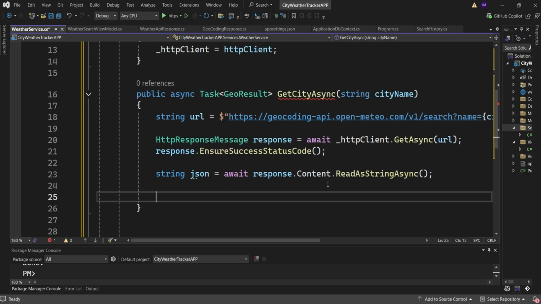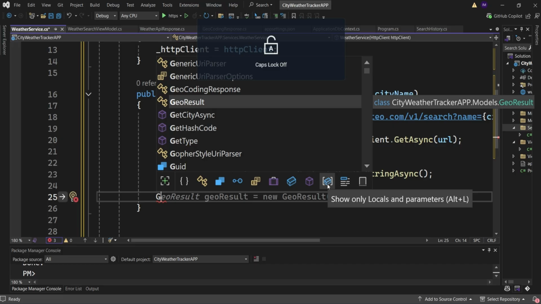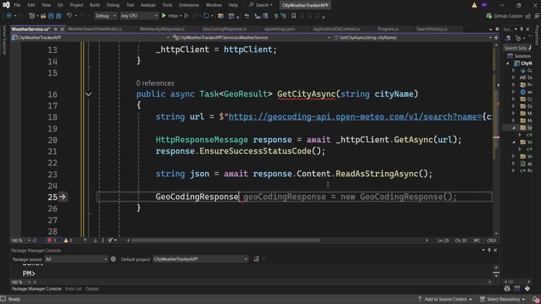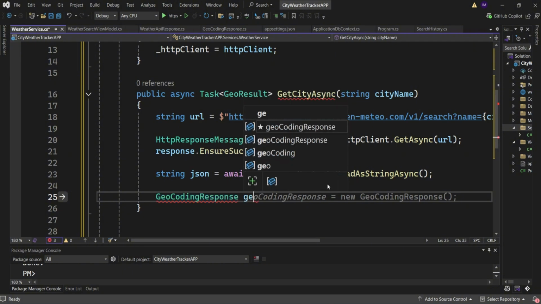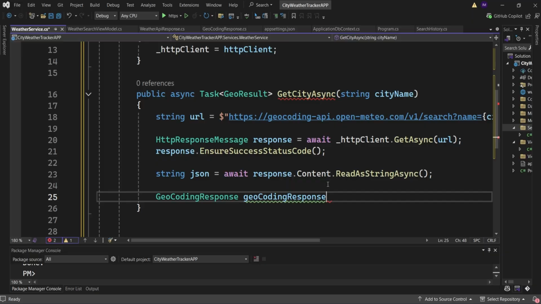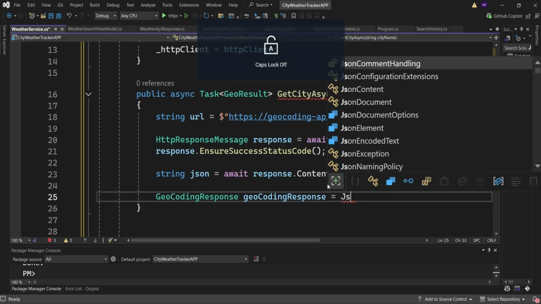Okay, we are not fully done with reading the response here. We need to convert it so that C# is able to understand it. So now we need to convert that text response that is coming back to us in a JSON format into a C# object. So we're going to say GeocodingResponse. We have a class that we already created there. And then I'll call this geo, I'll retain the same name. Then I'll say assigned, then we'll say JSON